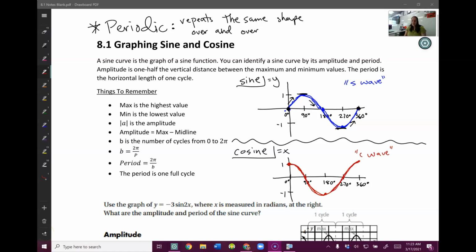Welcome back. Let's see how you did. At 90 degrees, the x value is 0. At 180 degrees, the x value is -1. At 270, the x value is 0. And at 360, the x value is 1. So now we get this wave shape. You see it's a different shape than sine. I call this one the C wave because C for cosine, and it kind of looks like a C laying on its side. So different shape than sine, and then we would take this shape and repeat it over and over